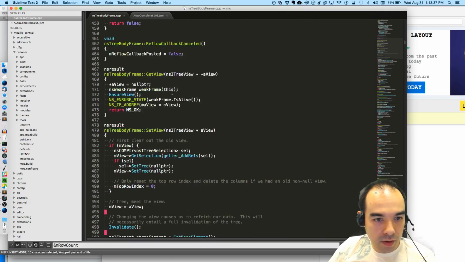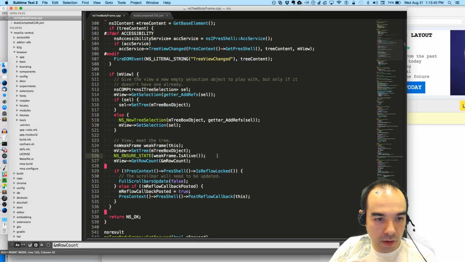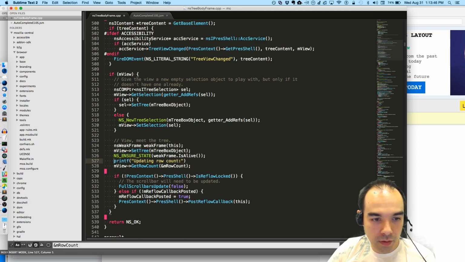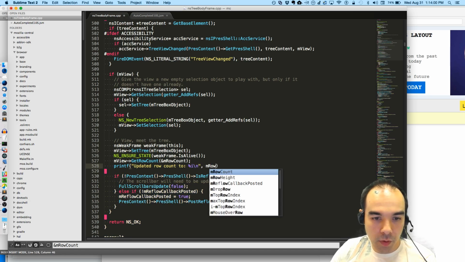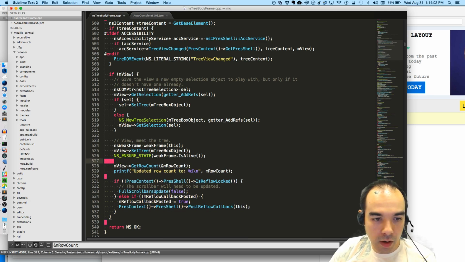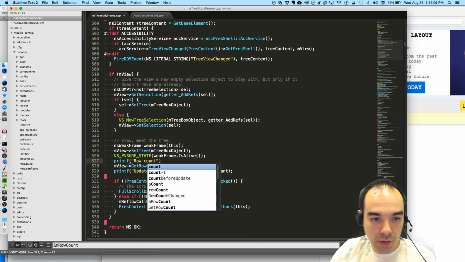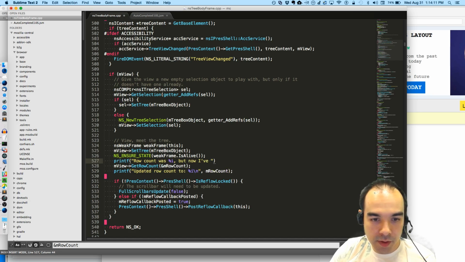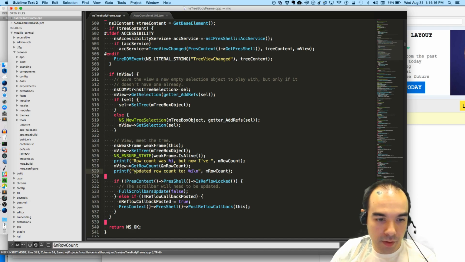Here, set view, printf, updating row count, updated row count to %i, new line, m row count, printf, row count was %i, but now I've updated it to %i, m row count, and I will lowercase that.